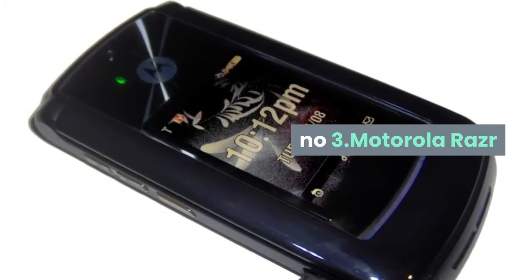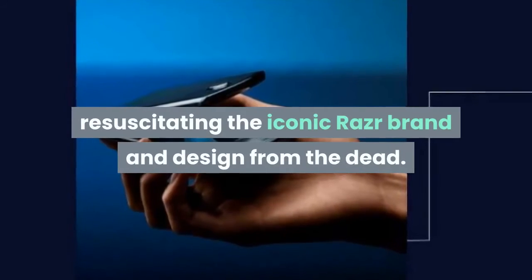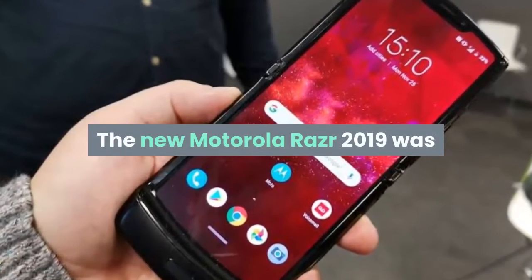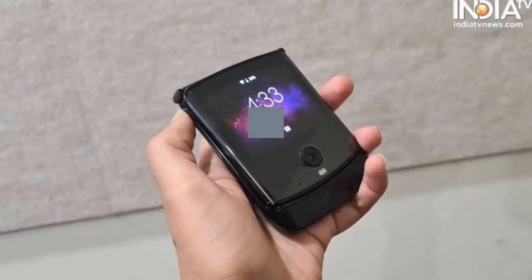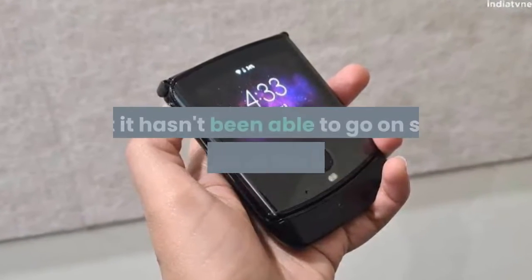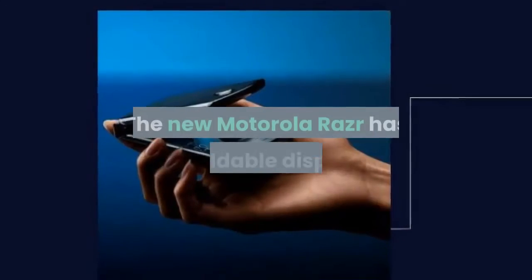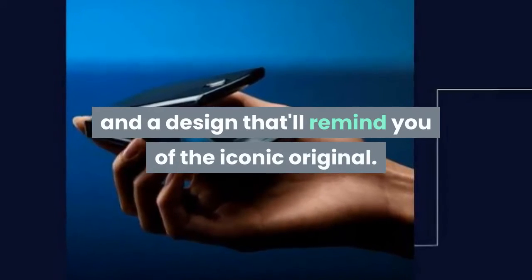No 3. Motorola Razr. Motorola has gone even further, resuscitating the iconic Razr brand and design from the dead. The new Motorola Razr 2019 was launched internationally late last year. It took its time to come to the Indian market, but it hasn't been able to go on sale yet because of the lockdown. The new Motorola Razr has a foldable display and a design that'll remind you of the